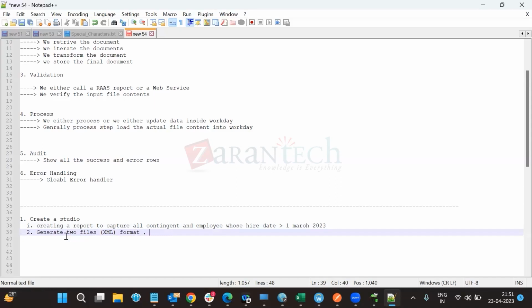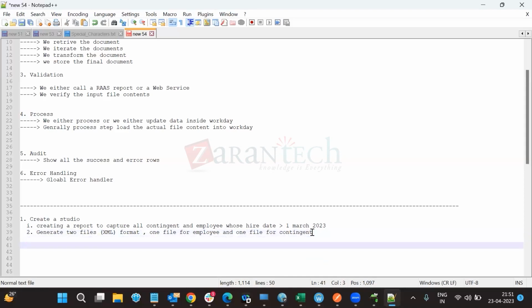It should give me one file for employees and one file for contingent workers. Meaning, let's say the report has given me 10 contingent workers and 10 employees. One file should have the 10 employees, and the other should have the 10 contingent workers. Now, how should the XML look? I would say the contingent worker XML